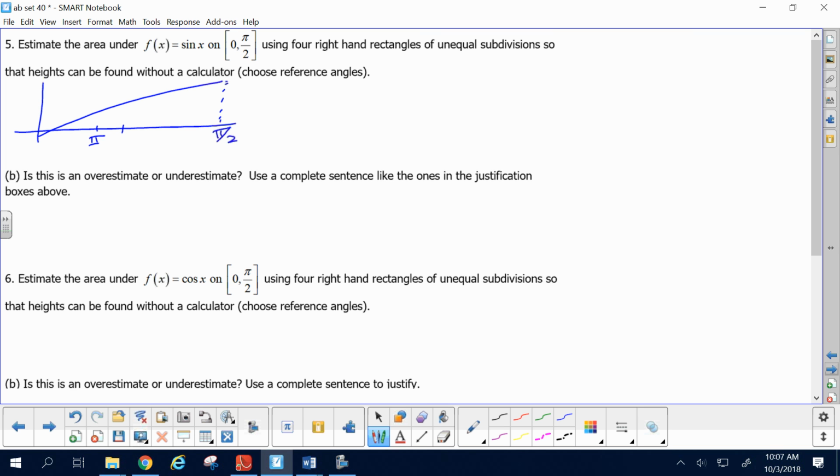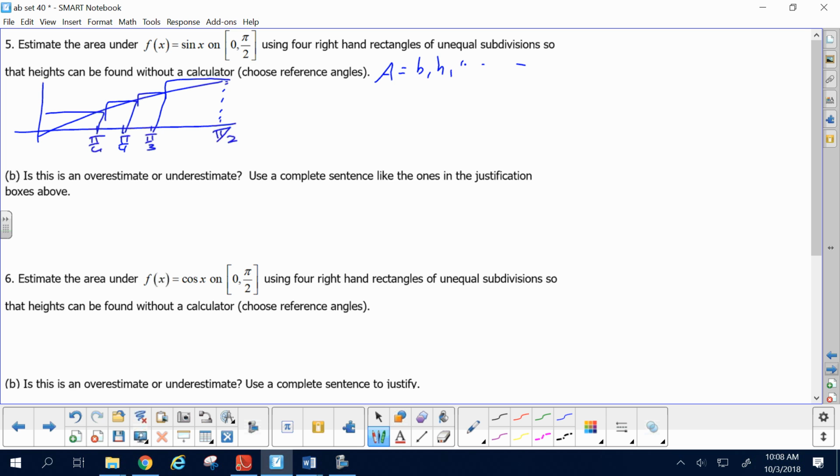Pi/6, pi/4, and pi/3. Now, if you were to find the rectangles here, 4 right-hand rectangles of unequal subdivisions, if they're right-hand, then the first rectangle, wouldn't it be at pi/6? The next one would be pi/4, then pi/3, then pi/2, yeah? Are you with me? All right, the hard part for people was when you go to set up the rectangles,